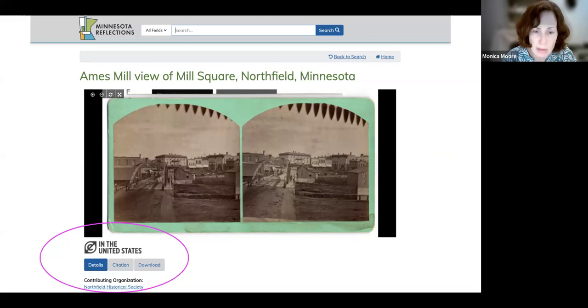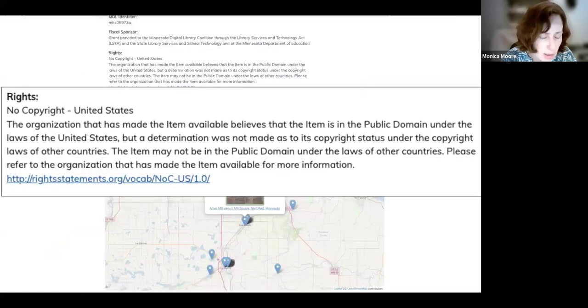So it's another great benefit that you're sort of pairing it. You don't have to click through to another page just to learn about rights. It's embedded and it lives with the digital object itself. So here we have it presented to the user as a sort of graphic logo that they can intuit. But if they wanted to learn more, they could click on the details button here. So if we go to the next slide, I can show you what that looks like.